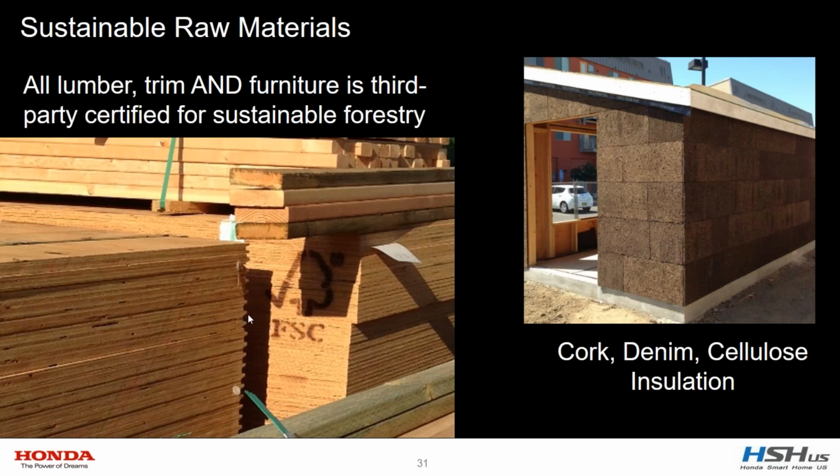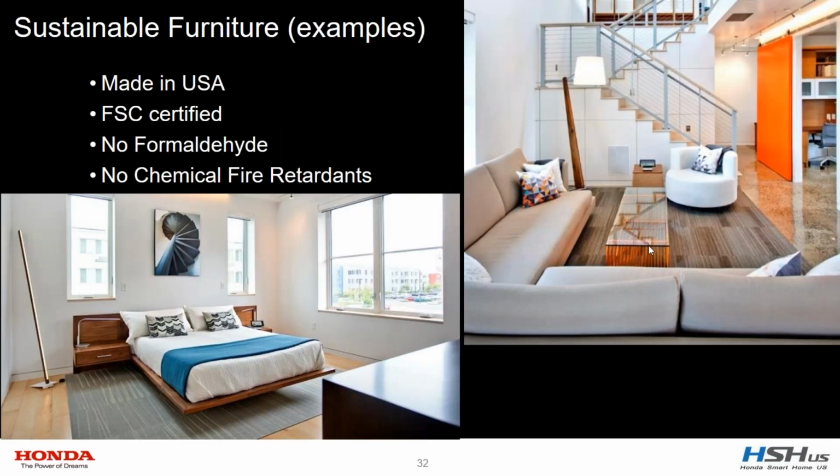All of the lumber in the house is Forest Stewardship Council certified for sustainability. All of the trim, all the furniture, everything is third-party certified. The insulation is actually a natural cork on the visitor center, which was just an interesting thing to do, but in the house is almost exclusively a recycled paper cellulose insulation. All of the furniture is natural materials, and critically, there's no formaldehyde and no chemical fire retardants for indoor